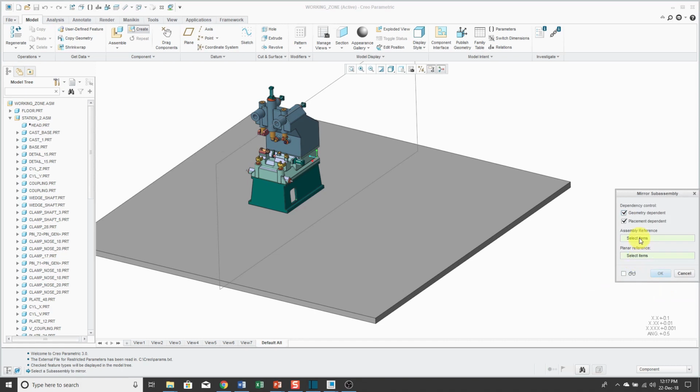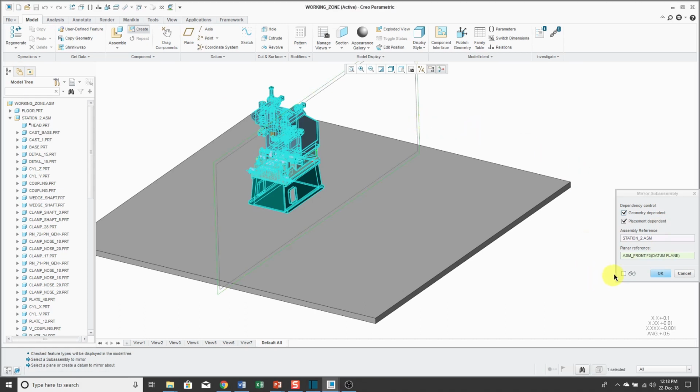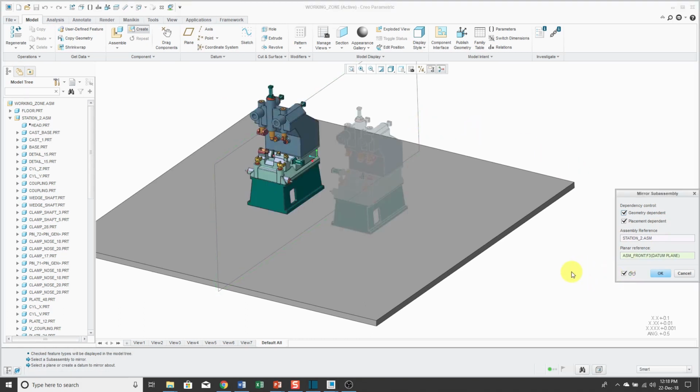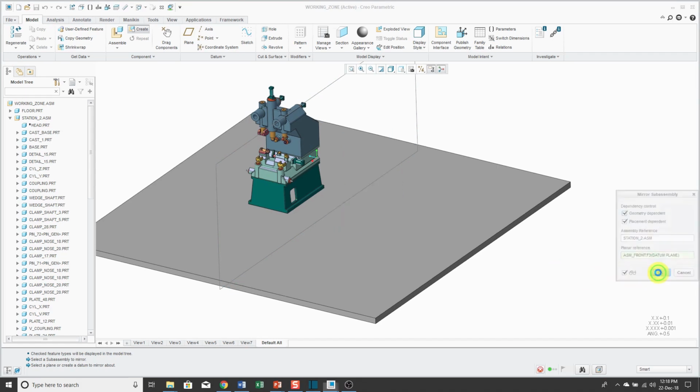And we're going to select our assembly reference. In this case, it's going to be the subassembly. And then I can use this collector in order to specify the planar reference. And if you want to, you can click on the eyeglasses to see a preview of what will be created. Then when you click OK,